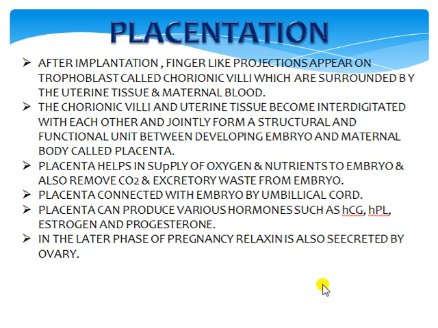Human placental lactogen means that a lactogen-like substance is also produced from the placenta, which provides nourishment to the growing embryo. Estrogen and progesterone, these two specific hormones produced by the placenta, are also responsible for embryonic growth and development. In the later phase of pregnancy, relaxin is also secreted by the ovary, which helps in the relaxation of the uterine muscle when childbirth takes place or labor pain starts. So this is overall the formation of the placenta.